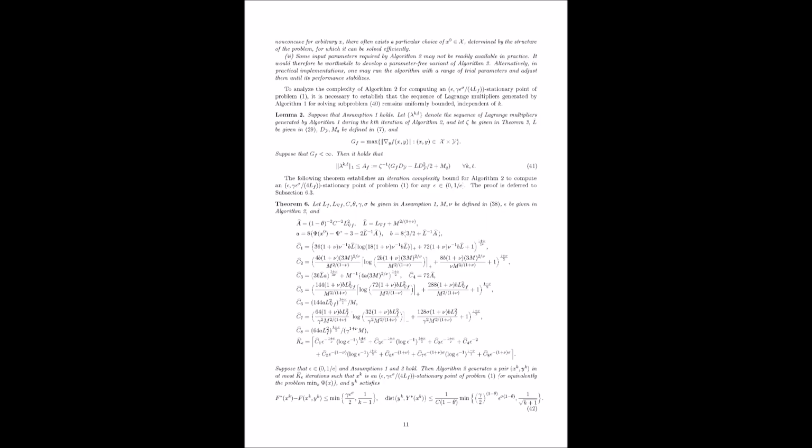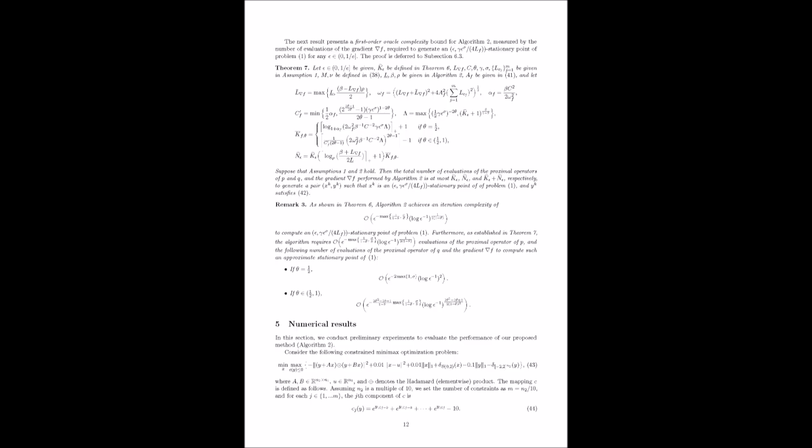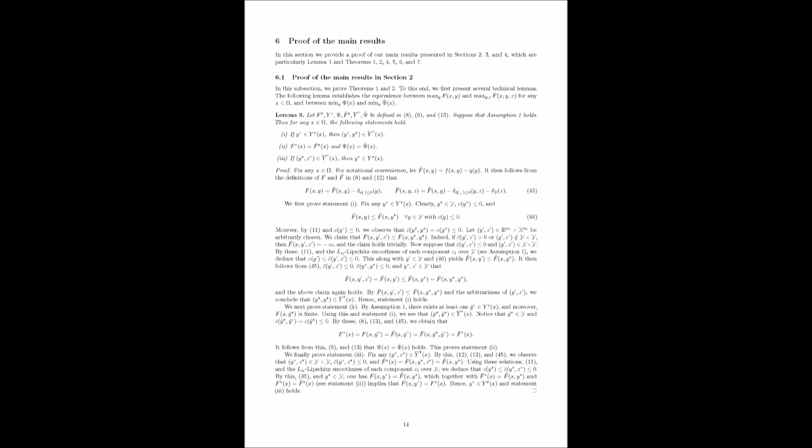How did they implement the algorithm? They generated the matrices A and B randomly, from a standard normal distribution. They set the key KL parameters for the analysis based on assumptions: C equals 0.1, theta equals 0.5, assuming the best case inner structure for simplicity, gamma equals 0.01, sigma equals 0.1. They set the target accuracy epsilon to 10 to the minus 2. And they initialized at x0, y0 equals 0, 0, noting that y0 equals 0 is feasible and satisfies the initial accuracy requirement for the inner problem easily since f(0,0) equals 0.